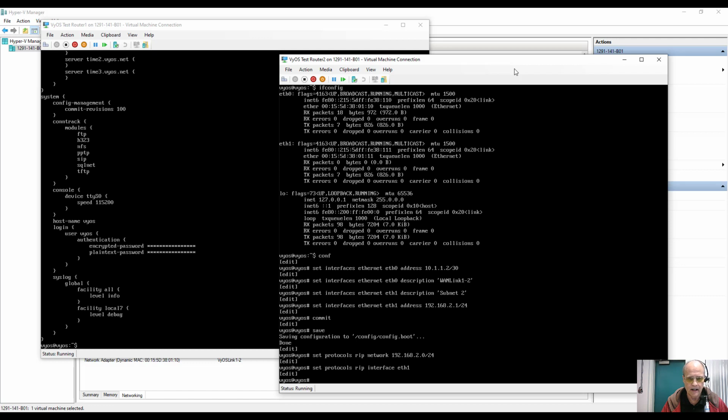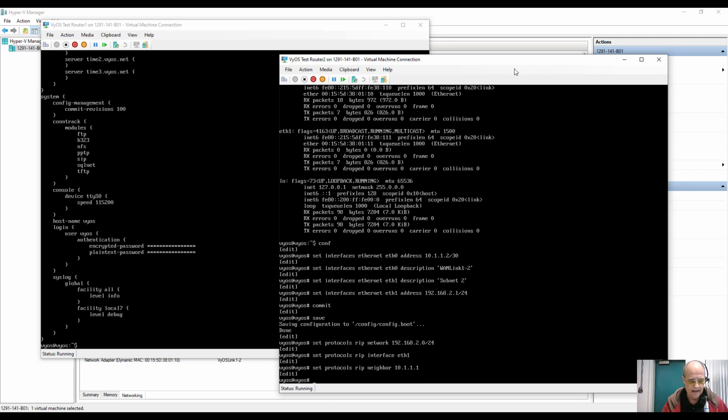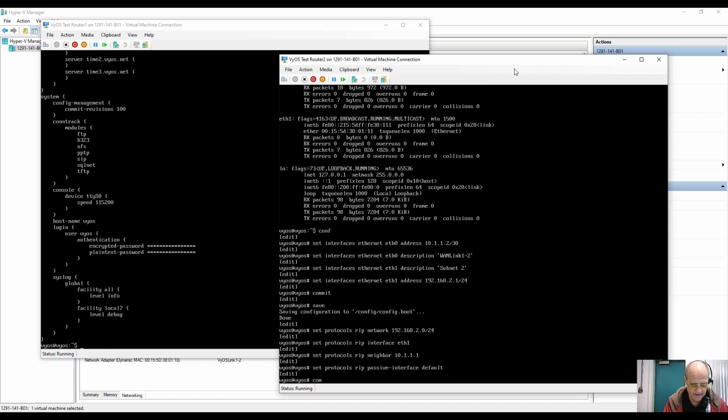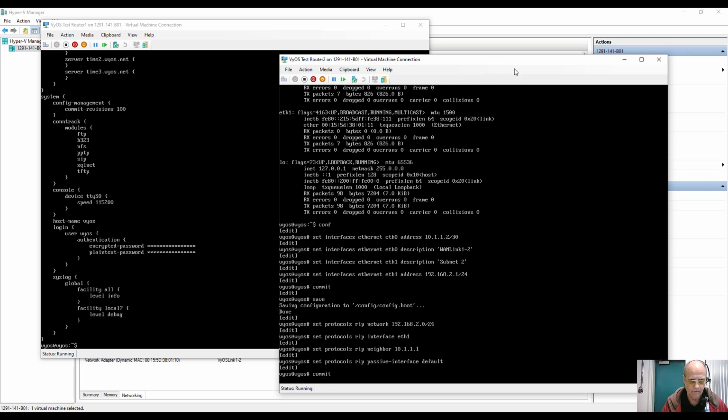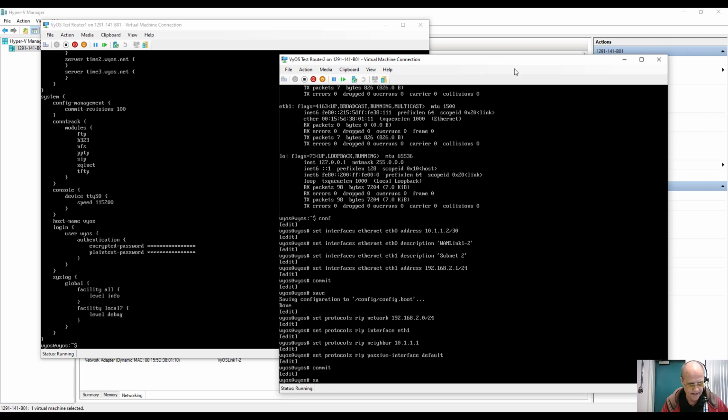Let's see, we also need to set the neighbor, what interface to broadcast to, and that's 10.1.1.1. And how is that going to be working? Passive, default, setup, commit, save,